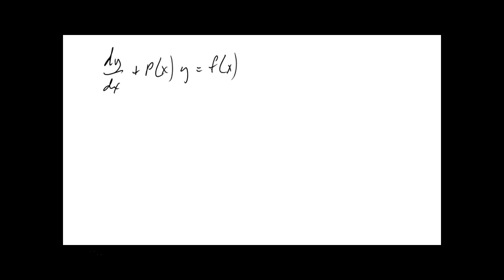Okay? And then it says it's relatively easy to find that mu of x. Okay? So here's what we're going to do. We're multiplying both sides of the equation by mu of x. When you multiply this by mu of x, okay, you have,